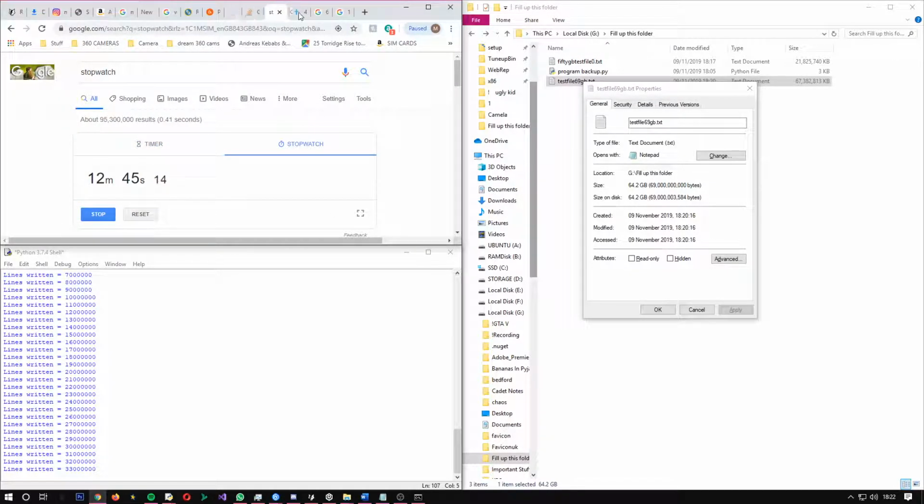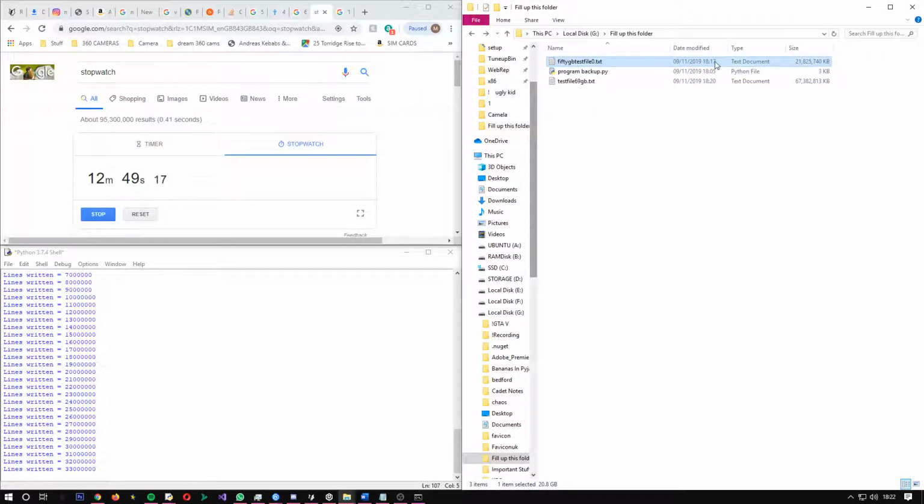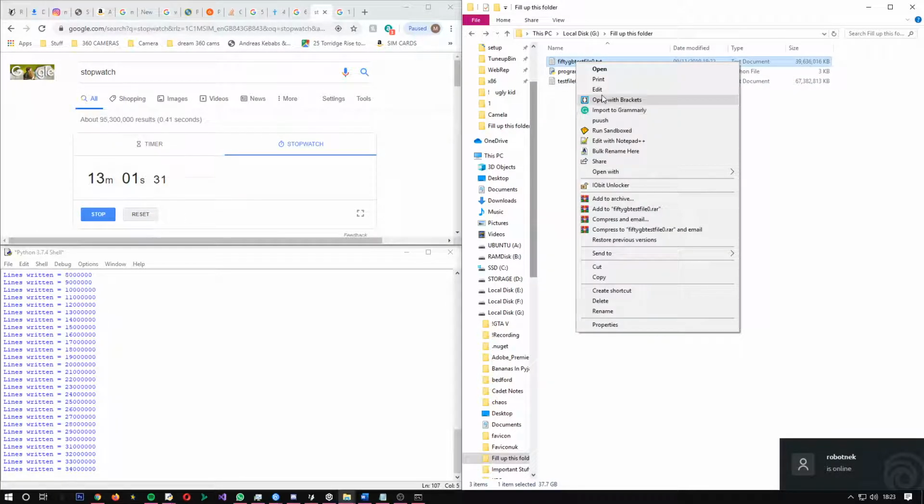We'll keep the stopwatch and the 1 minute timer next to each other so we actually know where we are. Haven't checked this in ages. Oh, it's 37, which is not bad. We're getting there. It's getting modified pretty much every second. It's just writing lines. So if we somehow found a way to open this, it would increase our cache to